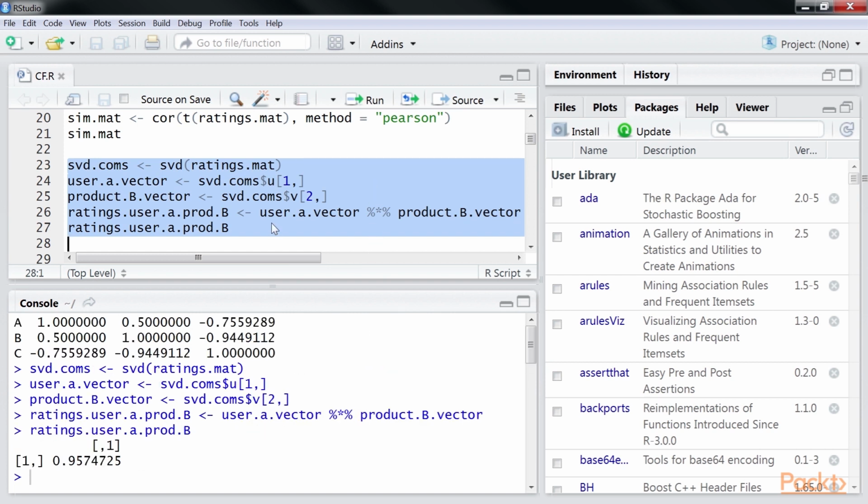Now that we have illustrated all three different approaches to build a collaborative filtering method,